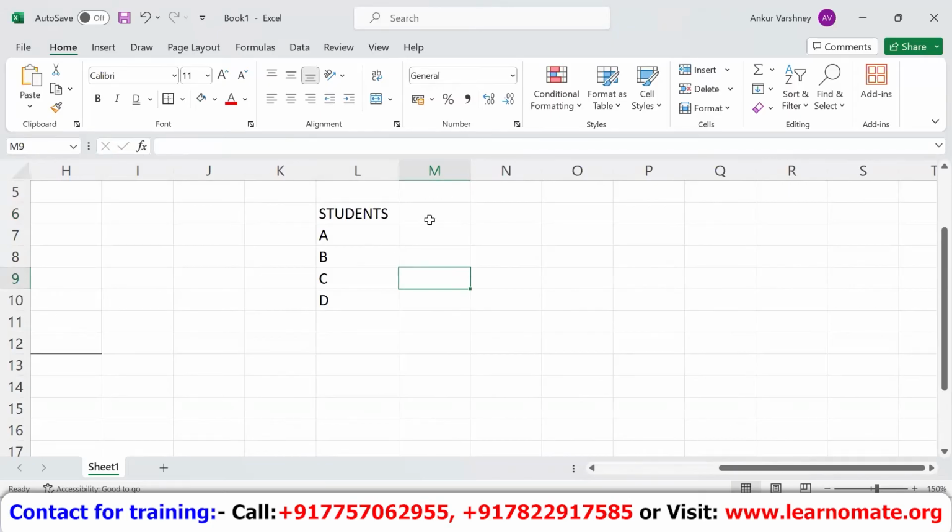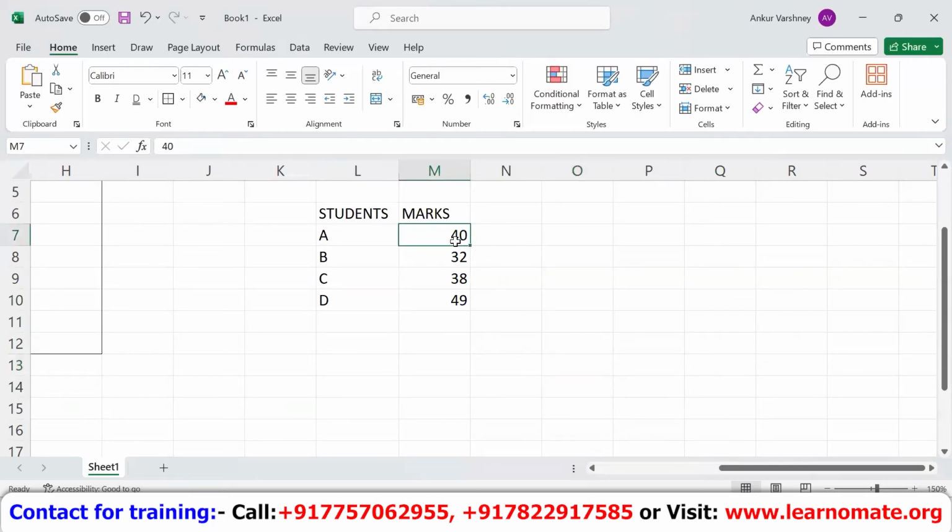So we have 4 students and their marks, right? I'm writing their marks out of 50. A is getting 40, B is getting 32, C is getting 38, and D is getting 49. Okay, so I have to just select the rows.